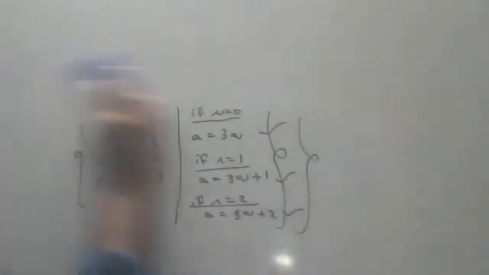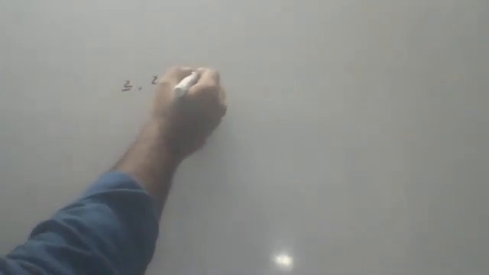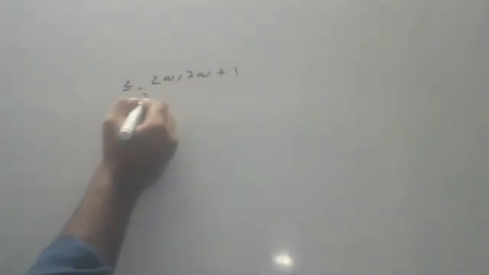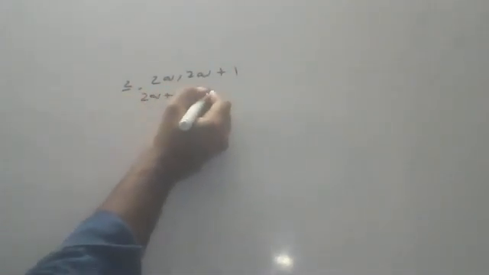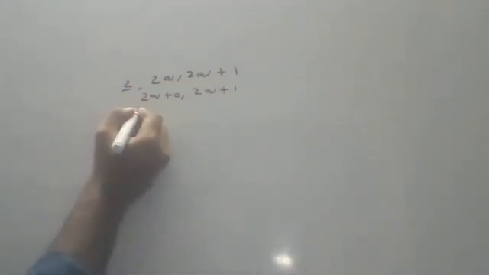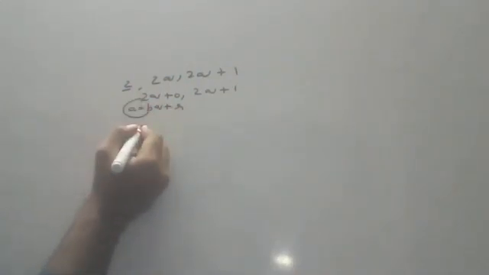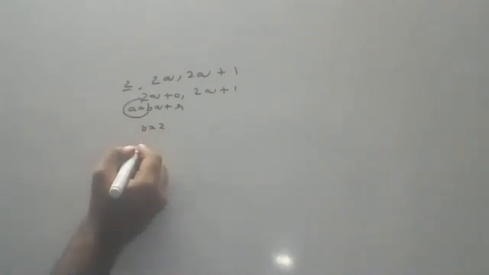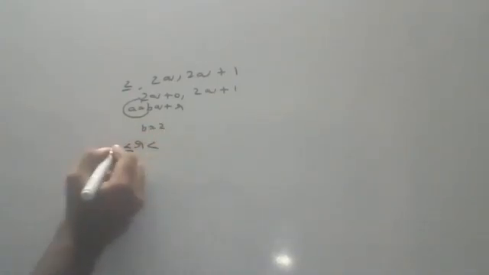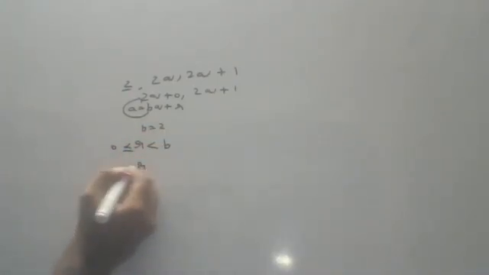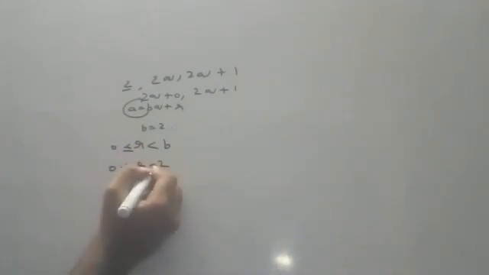Okay, second question. Please keep practicing along with me, children. What is the second question? Show that every positive integer is in the form of 2q and 2q plus 1. Children, 2q means 2q plus 0, and 2q plus 1 means 2q plus 1 only. This is in the form of A is equal to BQ plus R. In the place of B, who is there, children? 2. And according to Euclid's lemma, remainder lies between 0 and B, that is, remainder lies between 0 and 2.